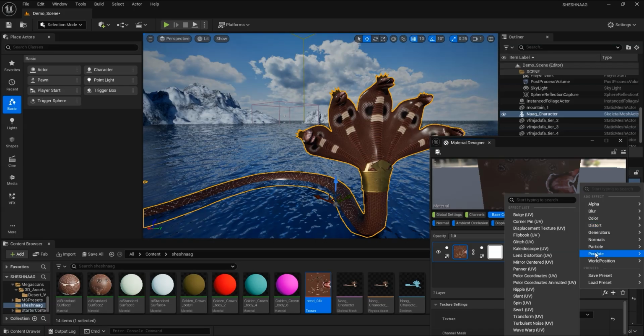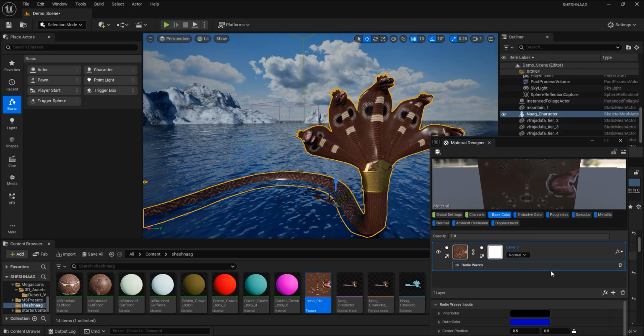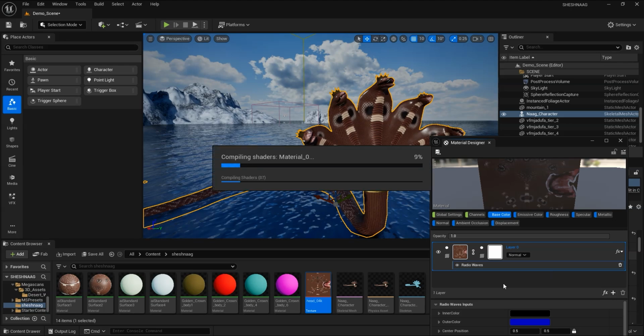So go to the generator, right? And I select the radio waves. In the radio waves, I can change the color. I can work with different animation properties, which you get by default here. So once you've done this,